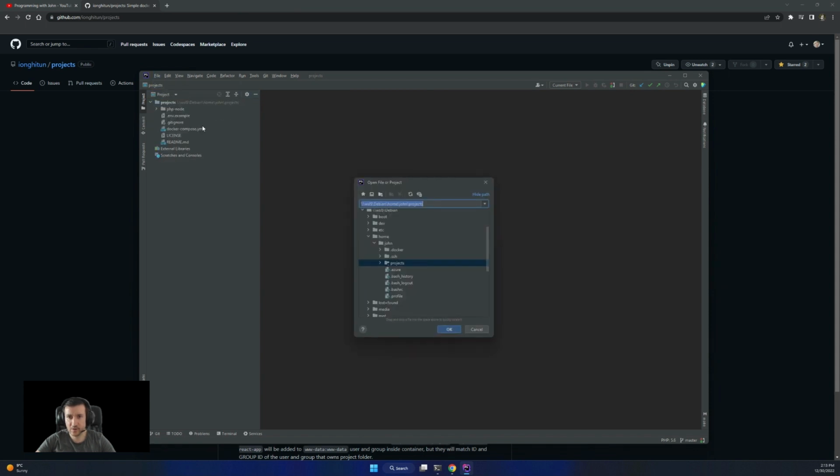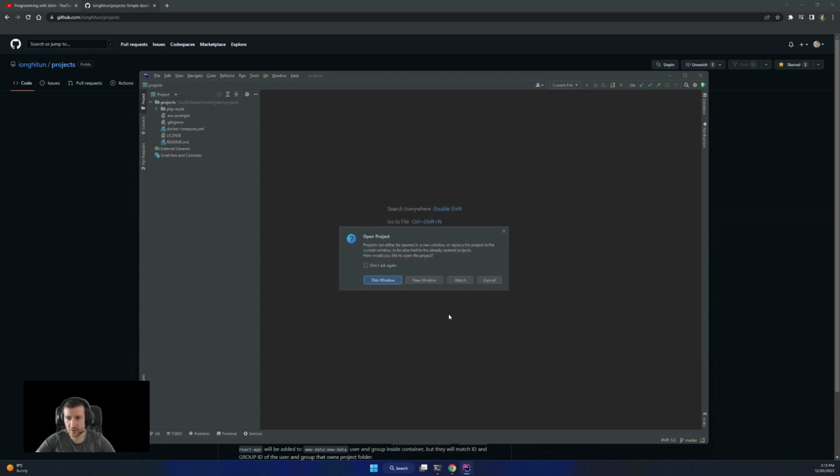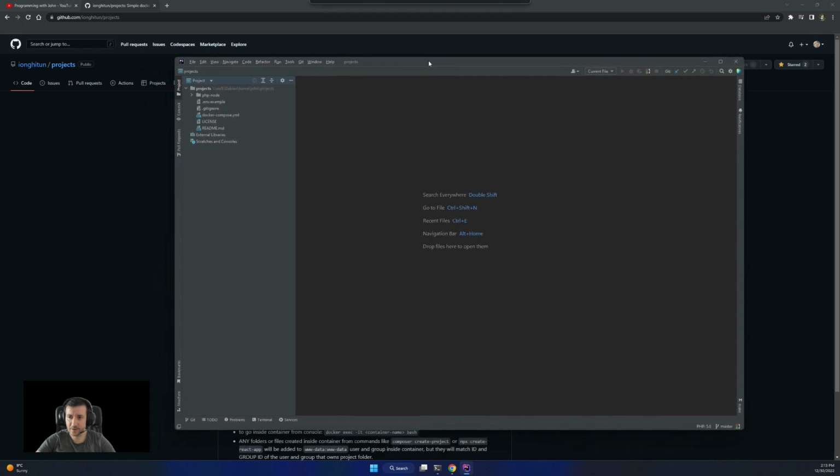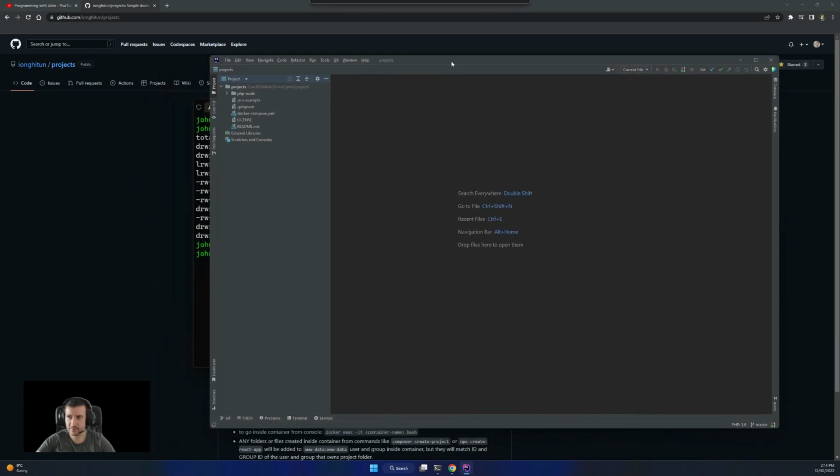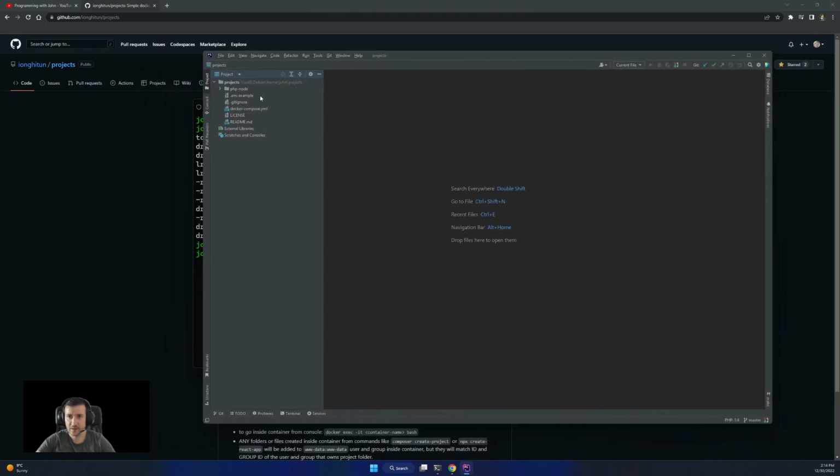The folder I already have opened, but let me show the path for that. It will be VSL Debian in my case, home, John, my user, and then projects. So you open that in here. What's inside? I'm not sure this can be seen. It's big enough, but with the files we're gonna resolve that.